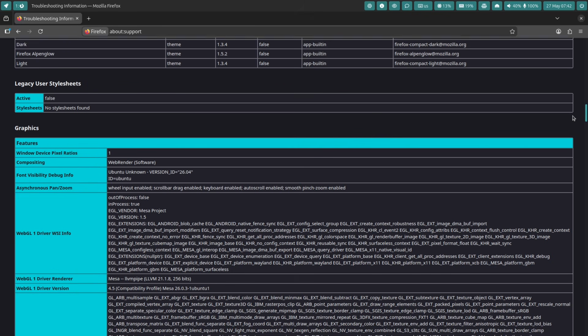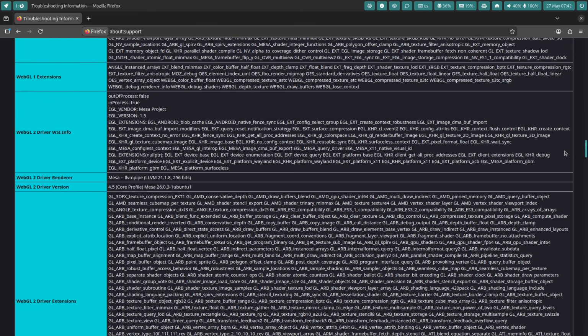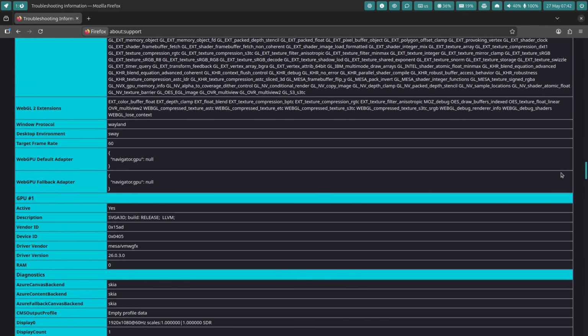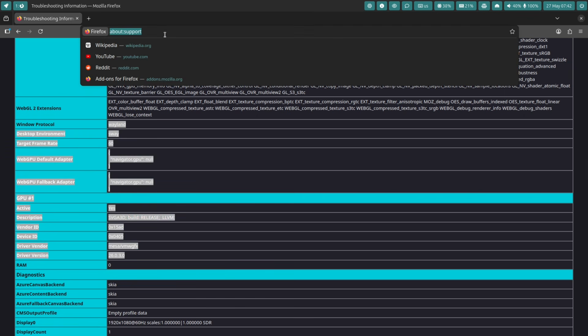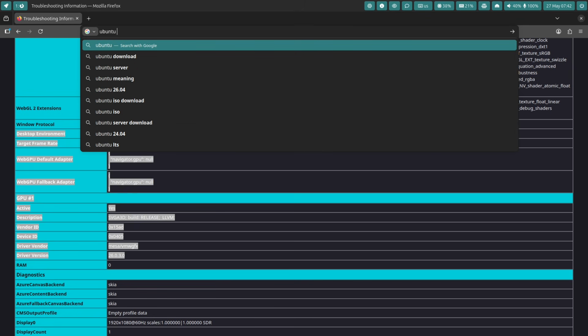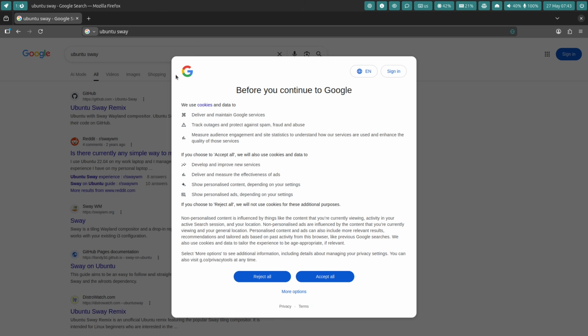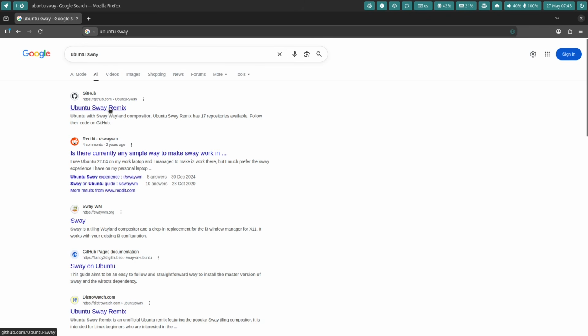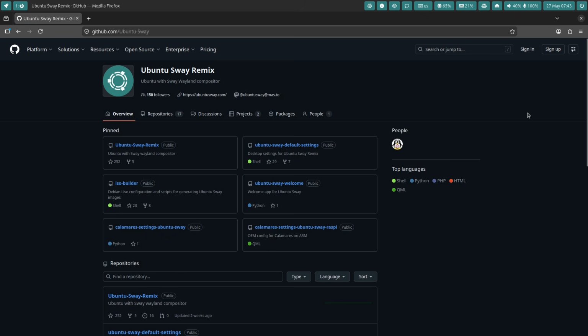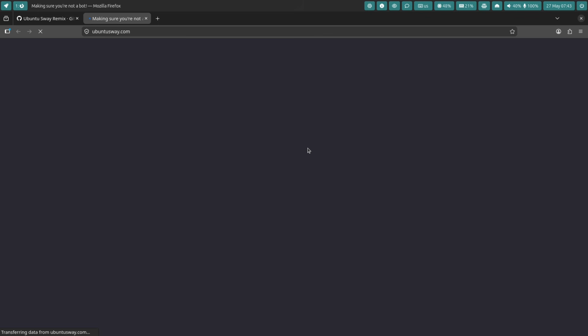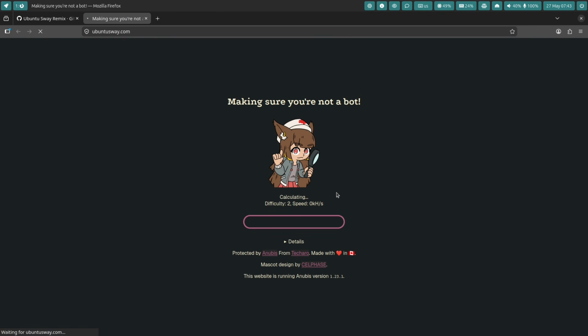So, why choose a tiling window manager like Sway? Traditional desktops arrange windows freely on the screen. Sway, on the other hand, uses tiling. Windows automatically snap into organized layouts, like split horizontally, vertically, or stacked, without overlap. This approach offers several advantages, like maximum screen real estate, no wasted space on title bars or gaps unless you want them,